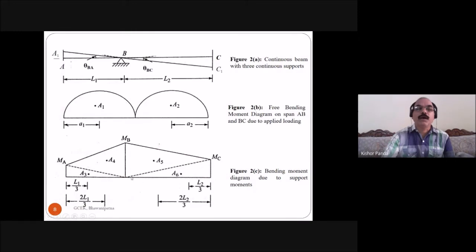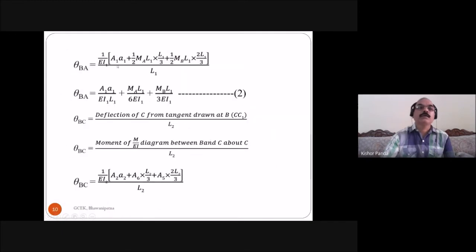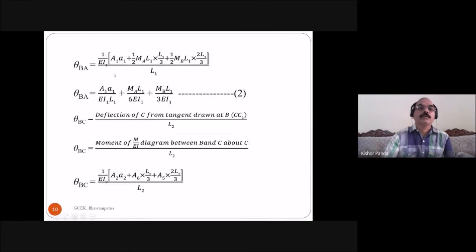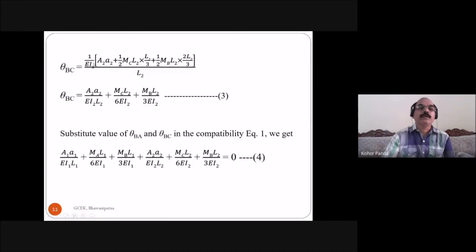A6 is equal to half into base into height. Similarly, what is the area of A5? Half into MB into L2. So you put here 1 by EI2 into A2 plus half MC L2 into L2 by 3 plus half MB L2 into 2L2 by 3